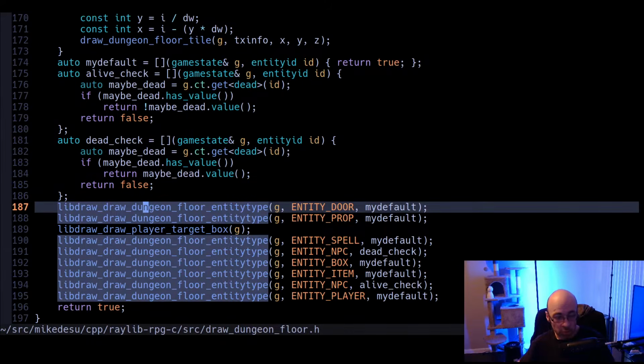Because the drawing order matters, right? You can have a situation where you have one tile and multiple things on it. And the order matters because having to go through every single position